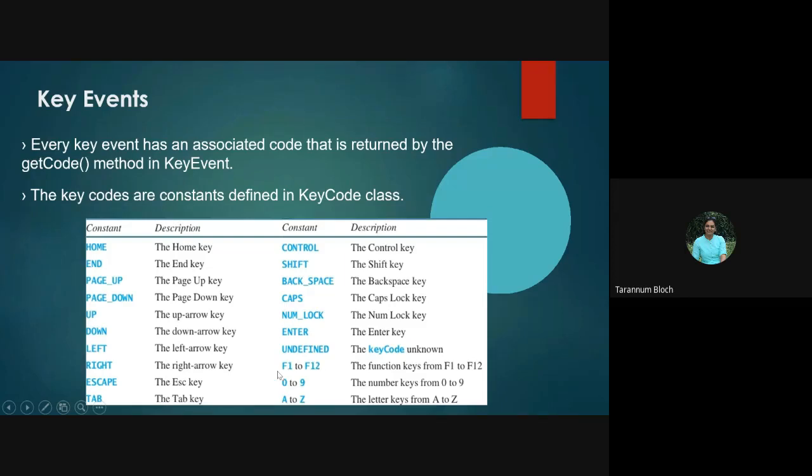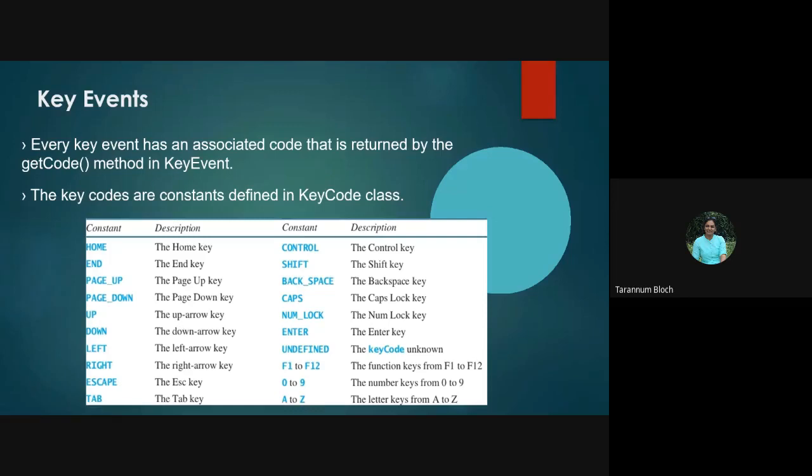F1 to F12, 0 to 9, A to Z uppercase and A to Z lowercase, of course. When pressed with caps, we have the caps lock key also. These are the arrow keys: up, down, left, and right. We have escape and tab. We have home, page up and page down. So I guess this mostly covers all the keys available on our keyboard, right?